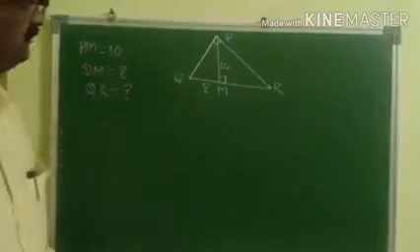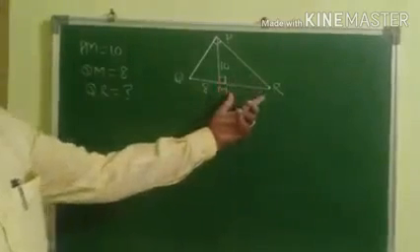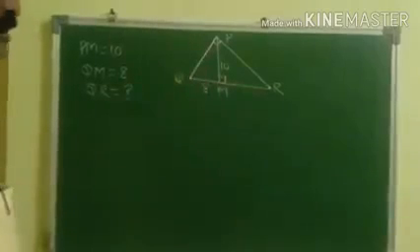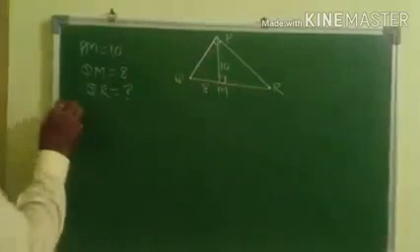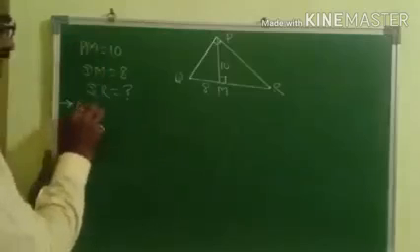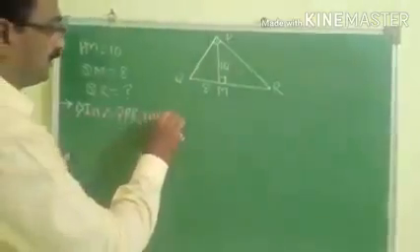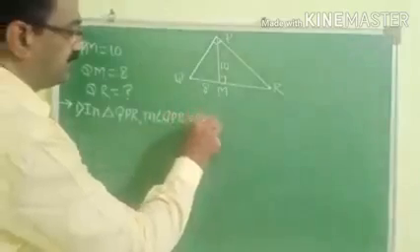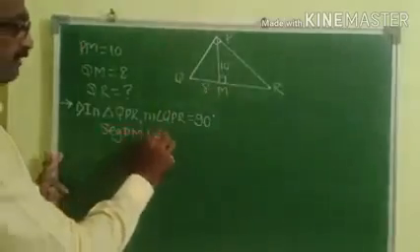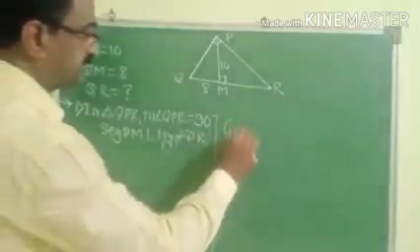So again, how can we find QR? First find MR using the geometric mean theorem. After getting MR, take the sum of these two, and we will get QR. In the previous example we have seen the geometric mean theorem. What are the required conditions? The triangle must be a right angle triangle. So in triangle QPR, the measure of angle QPR is equal to 90 degrees and segment PM is perpendicular to the hypotenuse QR. These are the given things.